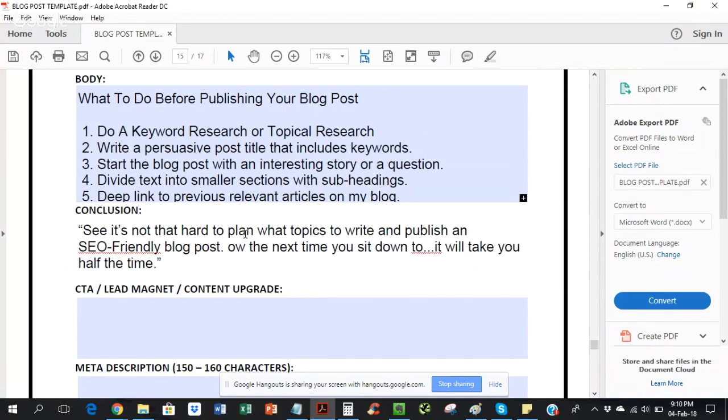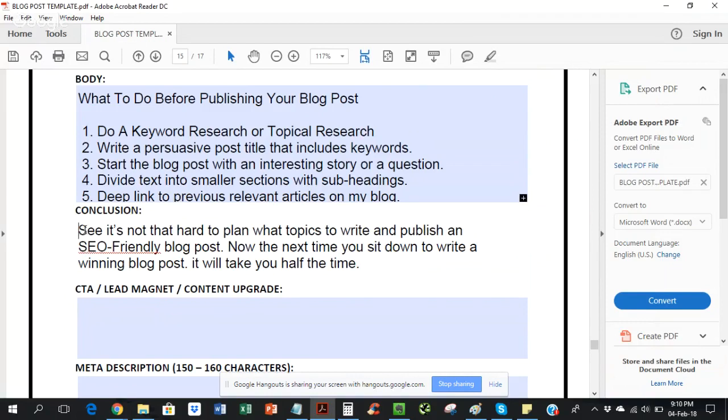So and next time you try to sit down to write a winning blog post, it will take you half the time. This quote. Now, next I like to do is to always add a call to action at the end of